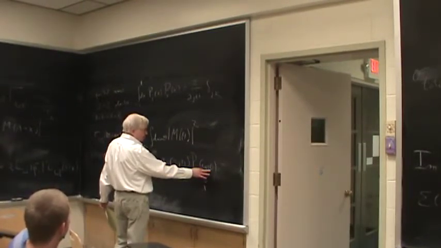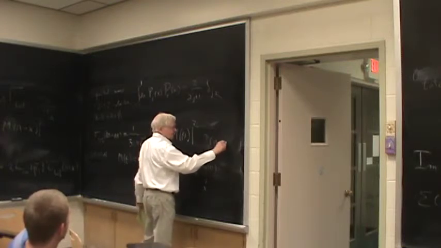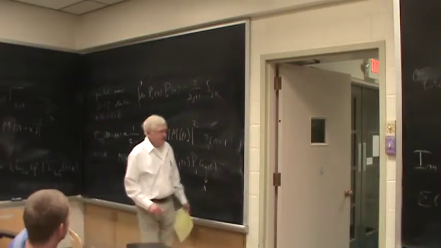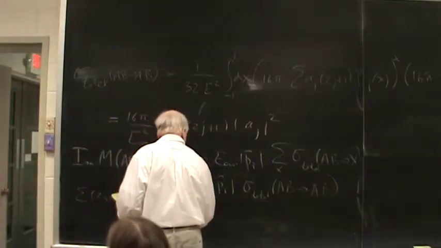Pj of 1 equals 1. That's the normalization condition. You take the imaginary part of that, and apart from an overall factor, you get this, and then that's greater than or equal to